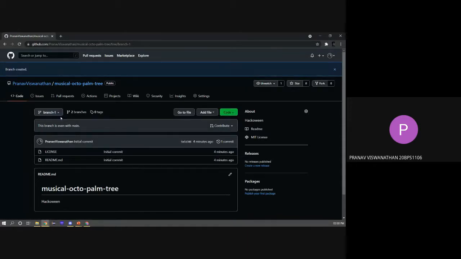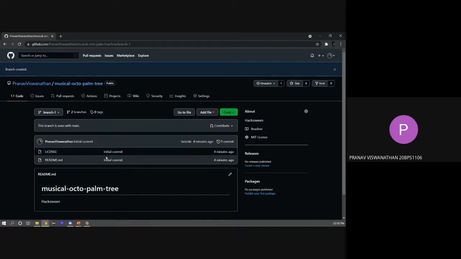Now we've successfully created a branch, right? At the moment, all the files that we have in branch one are the same files that we have in the main branch. But now let's say I want to add a new feature.